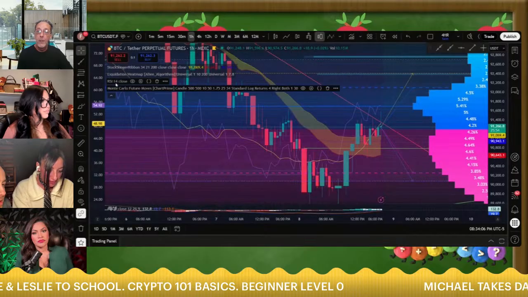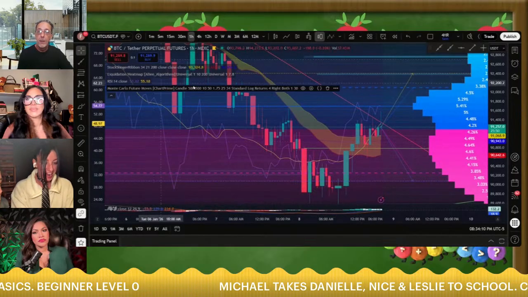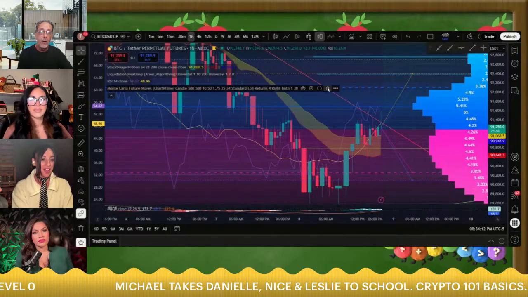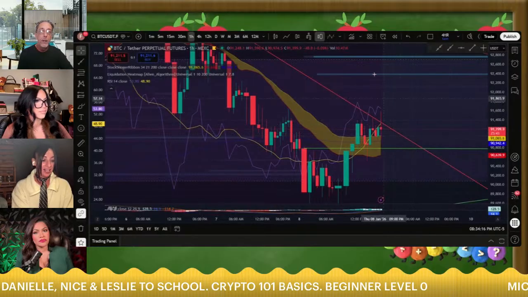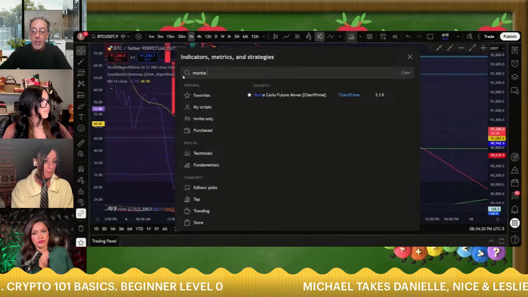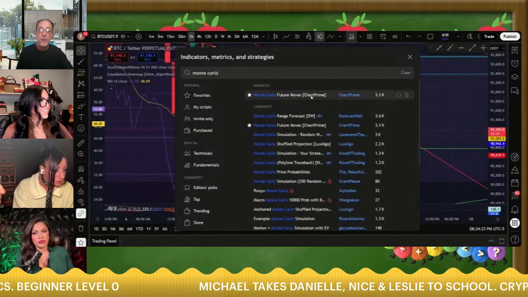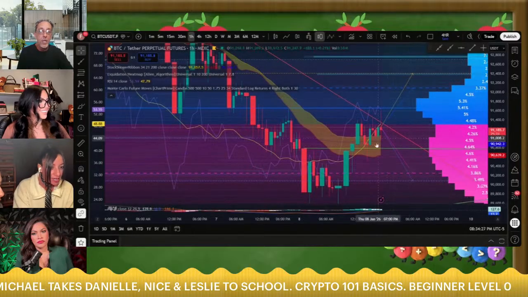listed right up here. So if you don't want the RSI on here, you could just click it out. We got the Monte Carlo, right? If you don't like it, you can just click it and it'll remove it. But get them all set up. That way you actually have a fighting chance to be able to look at stuff and see where this thing is being projected to go to.